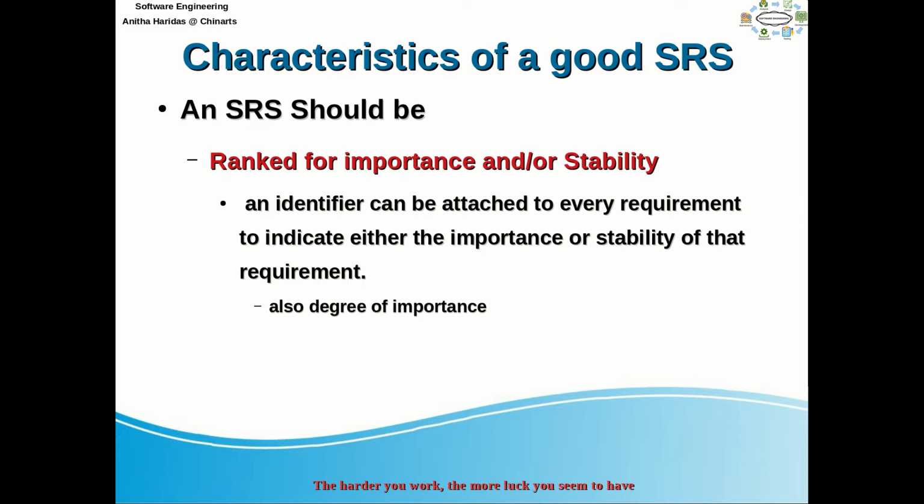Say for example, you may be prioritizing all the requirements, or you may be finding the degree of importance. So some of the tasks, some of the functionalities are very important for your software. Some of the functionalities you might have added just to improve the quality of the software. So what are the very important functionalities and the next level important functionalities, like that you can list them or you can rank them based on the importance of the requirements.